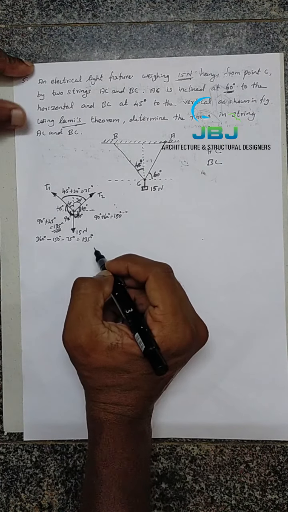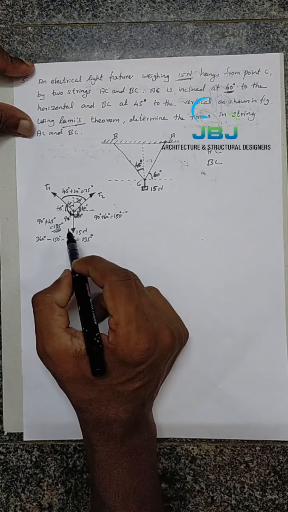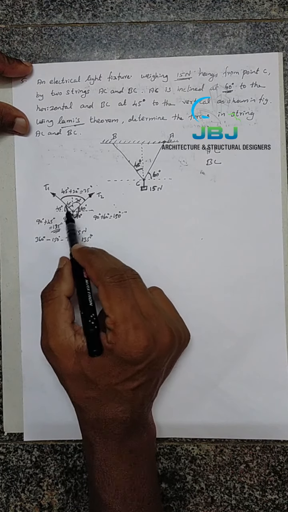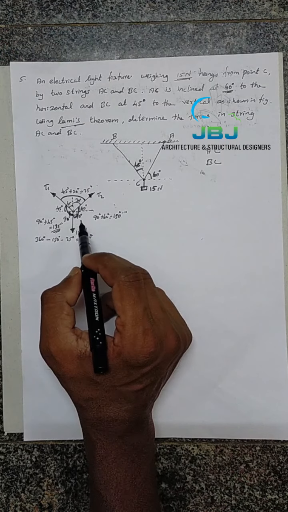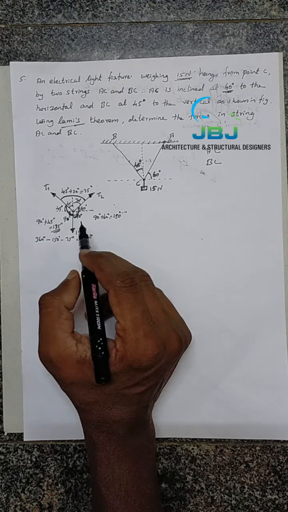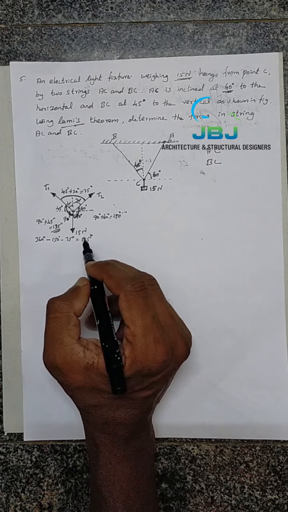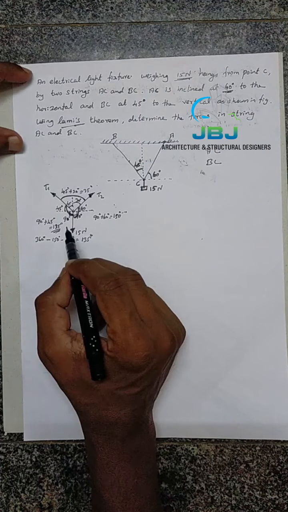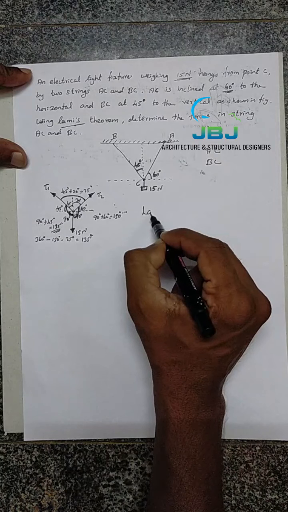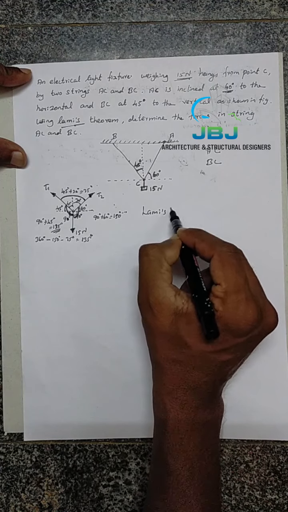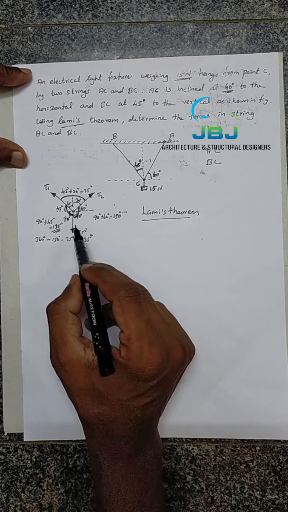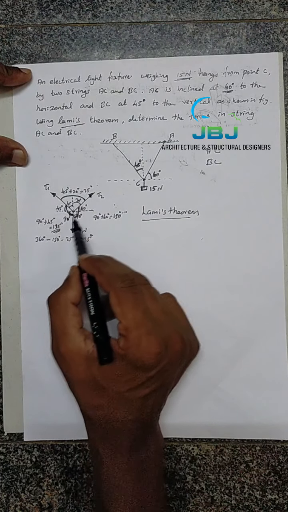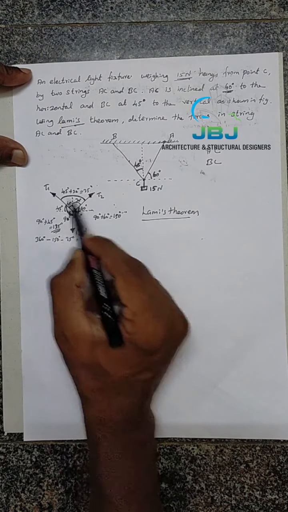Okay. After that, this is very important. If you find the angle between the two strings as well as the two tensions, after that you can directly substitute all values in this relation. So, what's the relation? What's the formula? Here we are going to apply Lami's theorem. As per Lami's theorem, how will you make an equation here?